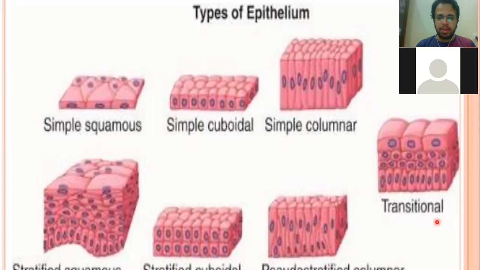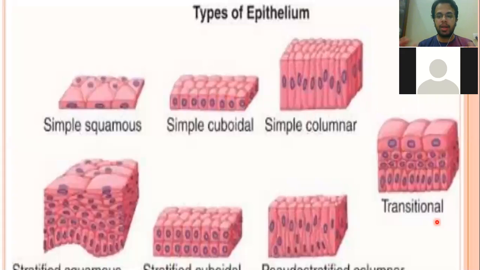So the transitional epithelium is a kind of epithelium which is present in your bladder, the ureter and the urethra, the urinary system. It lines the inside of the urinary bladder.